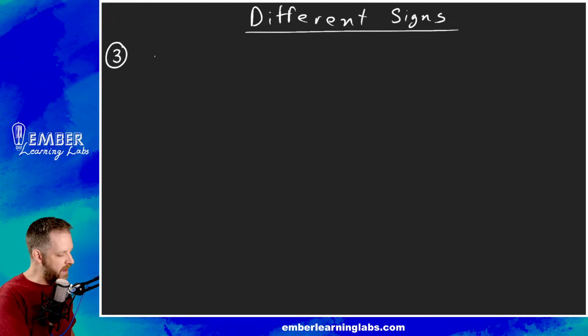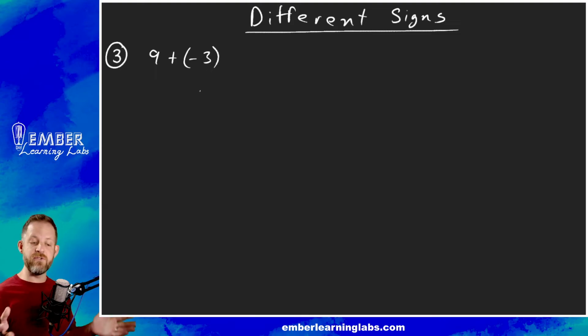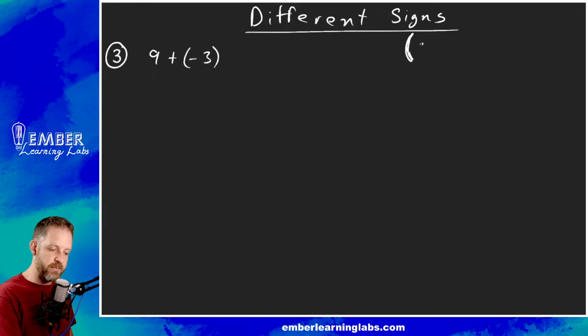What if we have 9 plus -3? This time, the 9 is positive and the 3 is negative. So the signs are different. If we're adding numbers with different signs, then what we do is we subtract and keep the sign